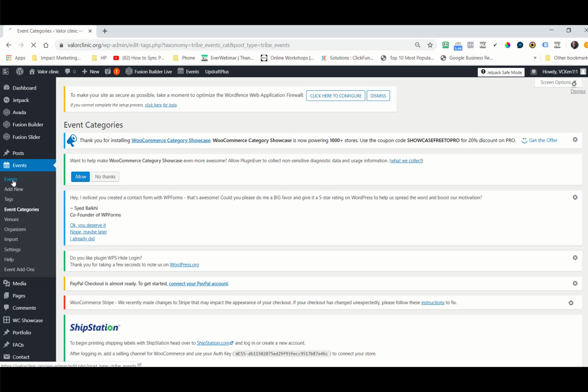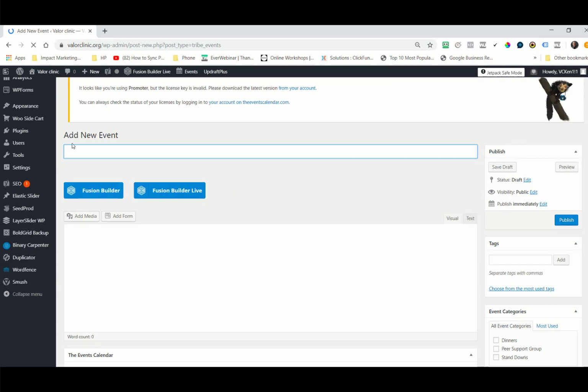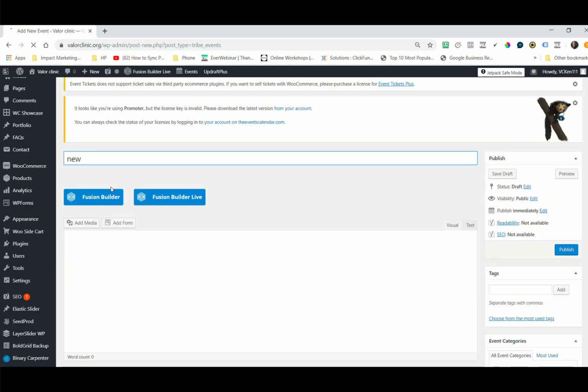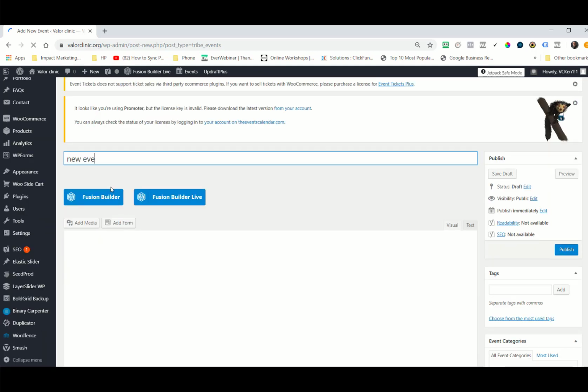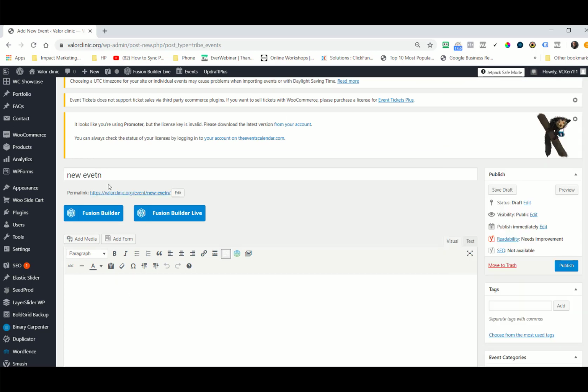If we want to add a new event, let's click Events. Up at the top, we'll find Add New. Okay, and now the new event, we just come up to the top there, Add New Event. It would help if I could type. And then we can come down here and put